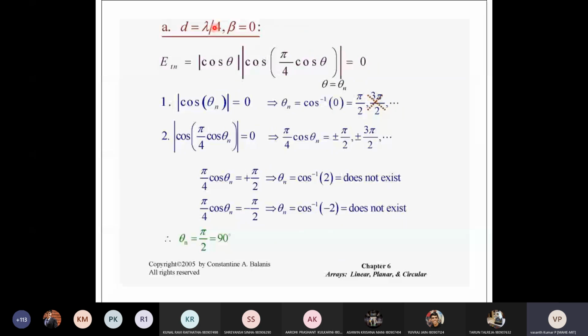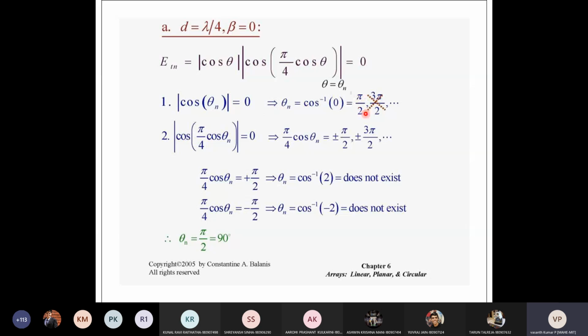So this is the pattern. The distance d is equal to lambda by 4, where d is the spacing between the two elements. Beta is equal to 0. So this is the expression. Now first find the null. This pattern has a null at theta is equal to